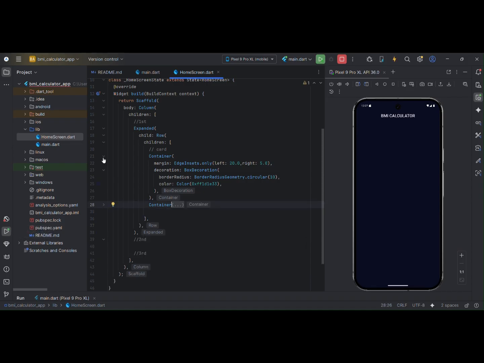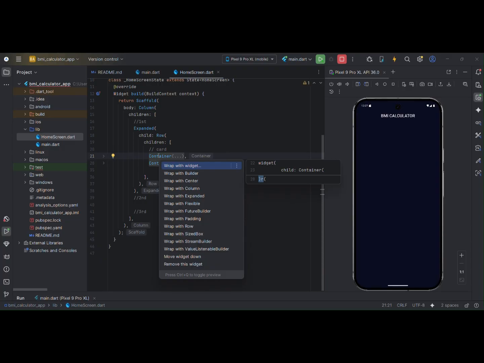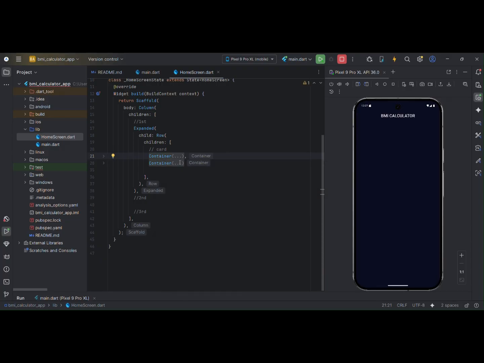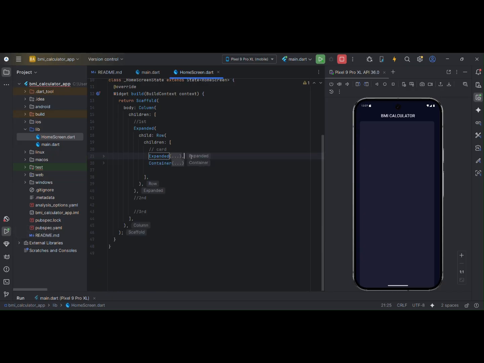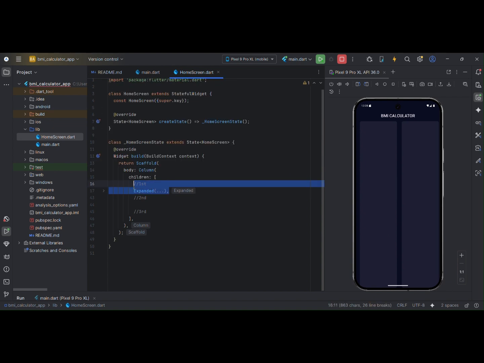So instead of that, let's wrap the whole container with the Expanded widget, which will expand both in the height and the width. Okay, if you could see, it is expanding in both height and width. Since there are no children under this card, it has been taking up the full height, so we don't have to worry. Once I copy the same thing